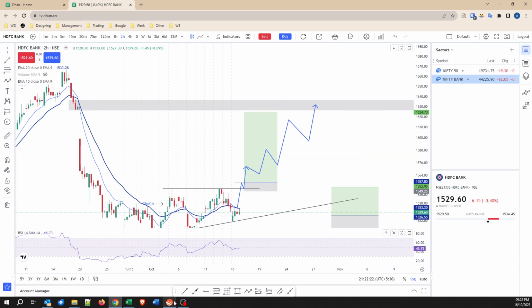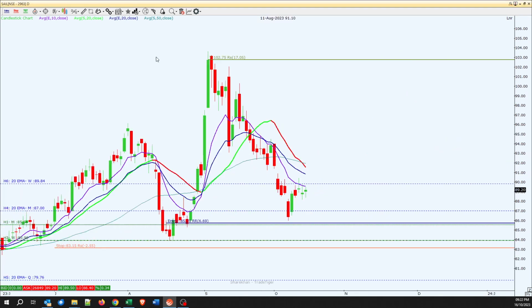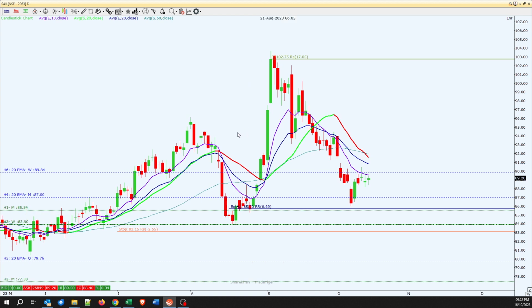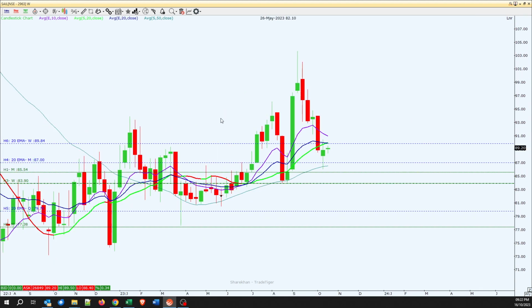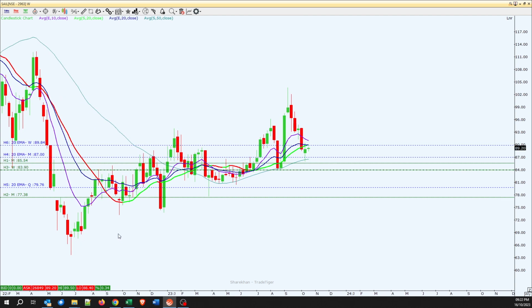Along with that, I also have one stock for you, that is SAIL. I'm personally tracking this. I had my entry somewhere at 85.7, but I missed it by a few rupees, paisa. That's okay. My reasoning is quite simple. As you can see on the weekly time frame, the supply zone was broken here. And then it created a supply zone, this supply zone. It started to move from this supply zone up and then created another demand zone here. Sorry, it created a supply zone here, broke the supply zone, created a demand zone here.